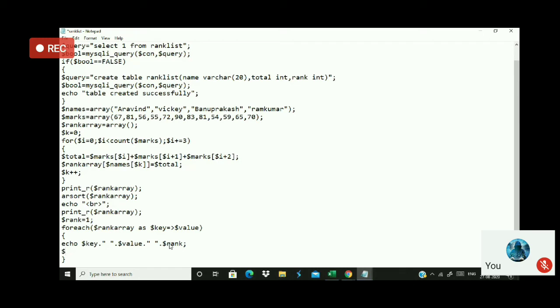Next value will be... Yes, sir, for that we made rank an int and set rank as an auto increment variable, sir. Okay. So when it is auto increment, we are not supposed to assign a variable, sir. So I have not given anything in the database for auto increment and rank, isn't it? I have given auto increment for rank in the database, I have not given anything like that.